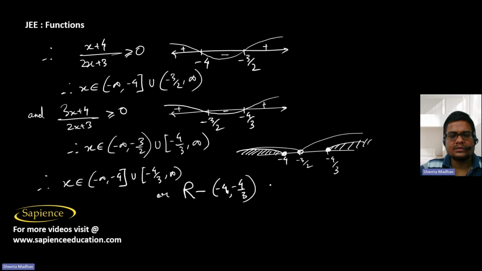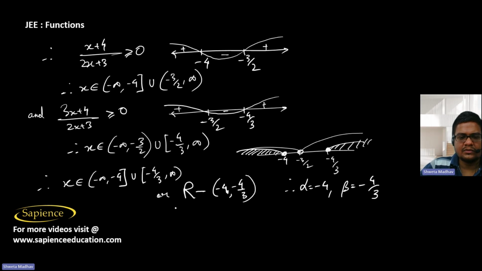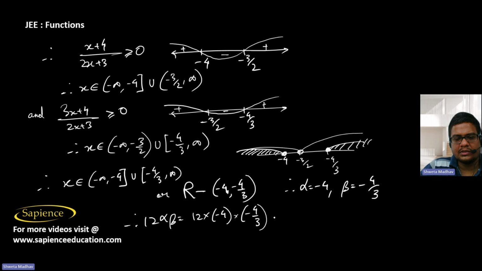So therefore alpha is -4 and beta is -4/3. So therefore 12 alpha beta value we have to find. So 12 alpha beta, that is 12 into -4 into -4/3. So minus into minus is plus. So this will be 3 4s are 12. So 4 4s are 16, 16 4s are,